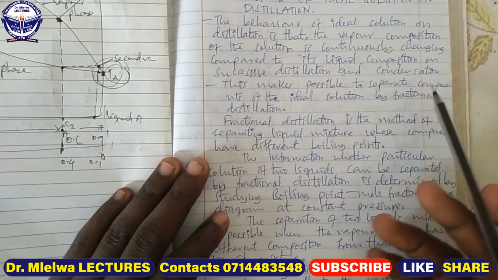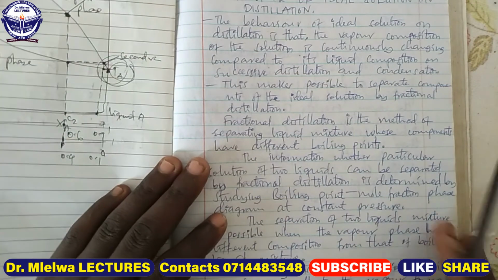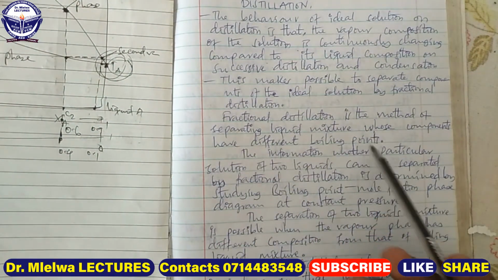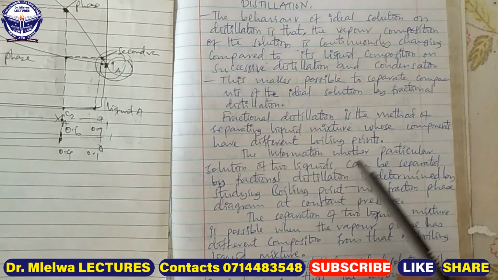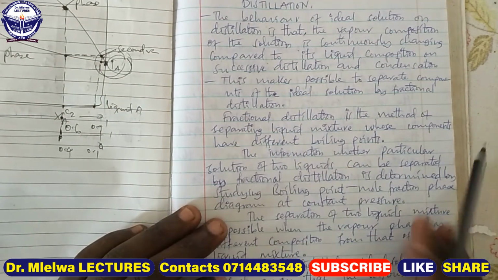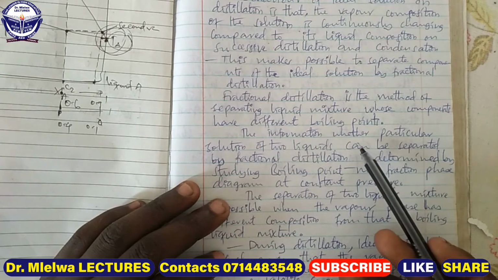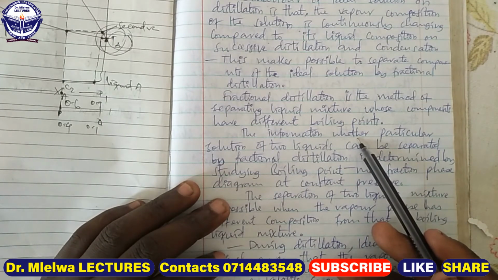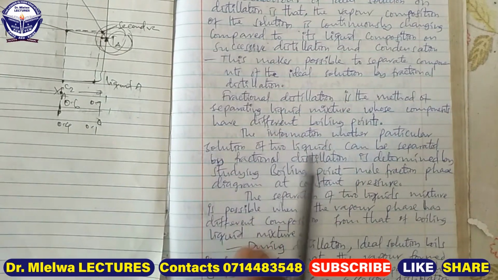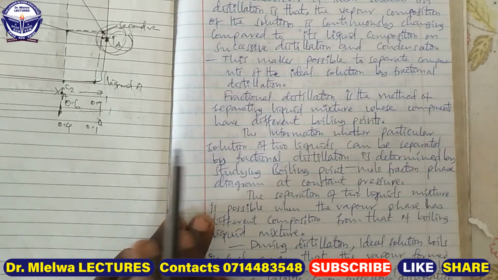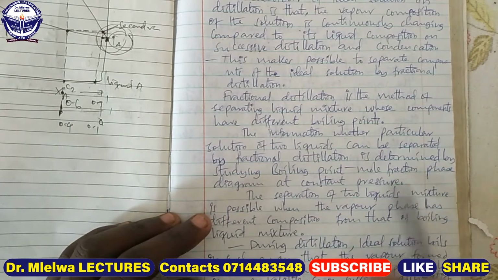This makes it possible to separate components of an ideal solution by fractional distillation. So by definition, fractional distillation is the method of separating a liquid mixture whose components have different boiling points. The information on whether a particular solution of two liquids can be separated by fractional distillation is determined by studying the boiling point mole-fraction phase